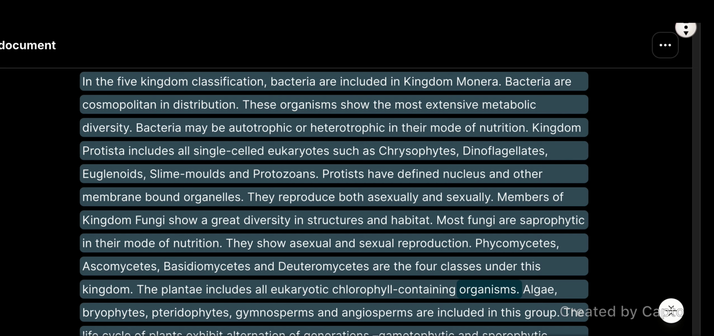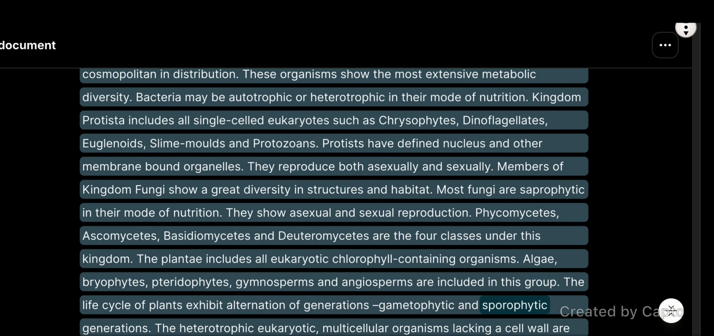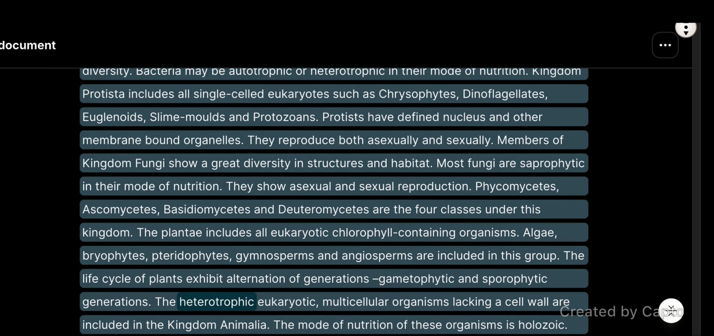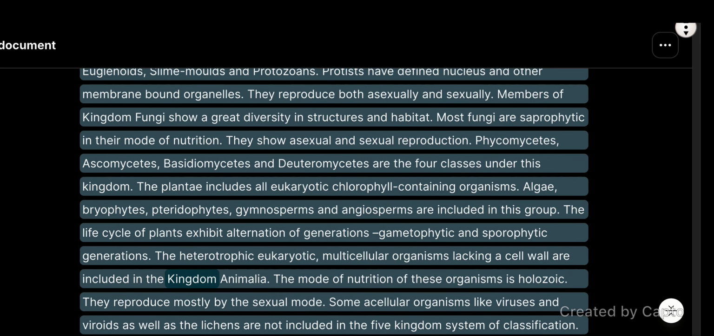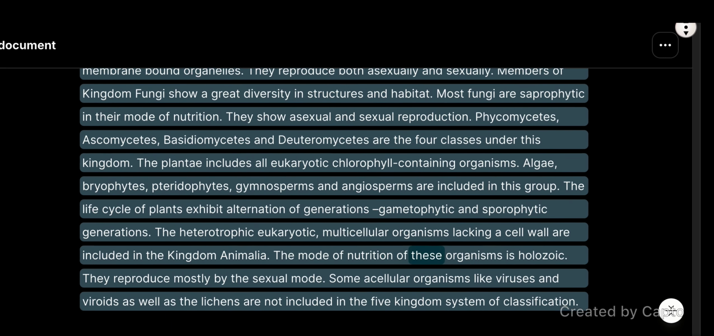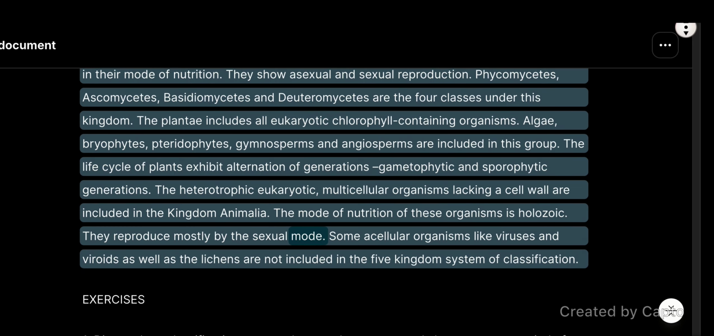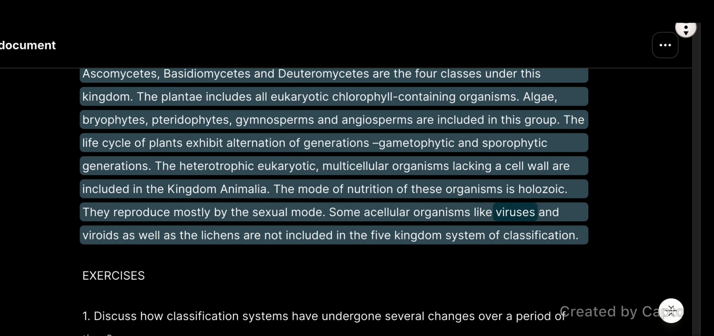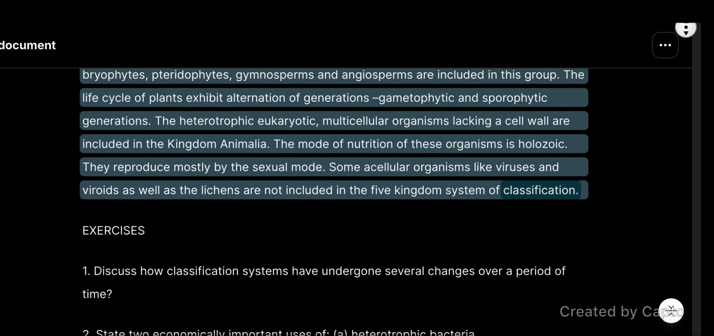The Plantae includes all eukaryotic chlorophyll-containing organisms. Algae, bryophytes, pteridophytes, gymnosperms, and angiosperms are included in this group. The life cycle of plants exhibits alternation of generations, gametophytic and sporophytic generations. The heterotrophic, eukaryotic, multicellular organisms lacking a cell wall are included in the kingdom Animalia. The mode of nutrition of these organisms is holozoic. They reproduce mostly by the sexual mode. Some acellular organisms like viruses and viroids, as well as the lichens, are not included in the five-kingdom system of